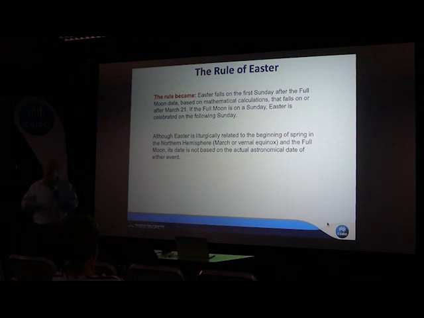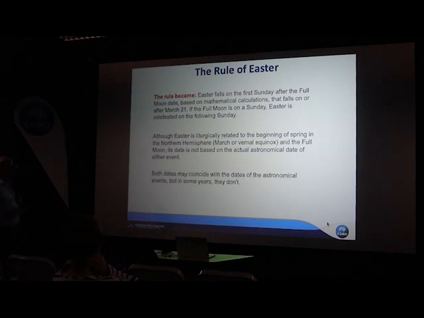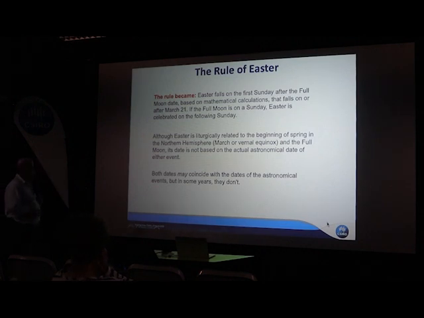And the reason they went through this trouble is because Easter is the most important day of the year in the Christian calendar, and they wanted to make sure that was right. So both dates may occasionally coincide with the dates of the astronomical events in some years, but not always. I think this year they do, but I remember a few years ago they did it, and really confused me. But remember, it's based on that model moon that they came up with, based on the Metonic cycle, the 19-year lunation.